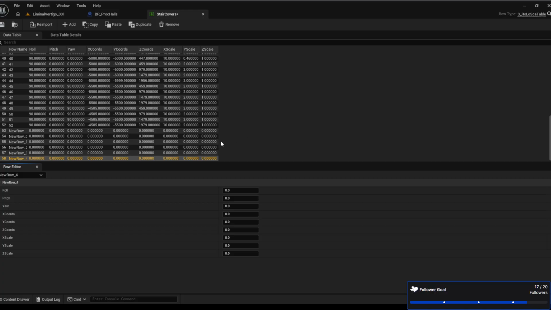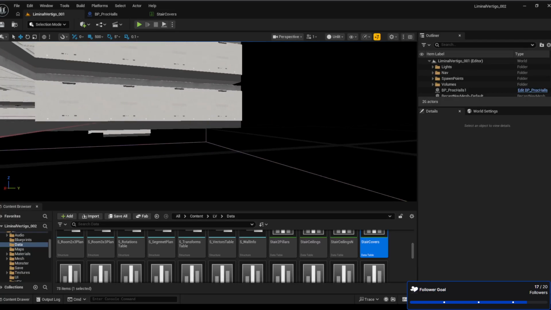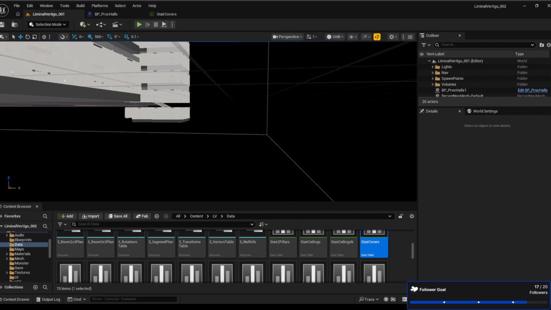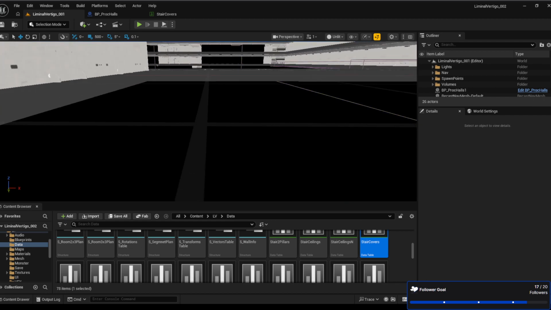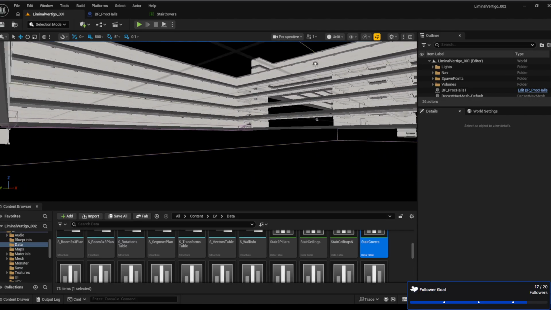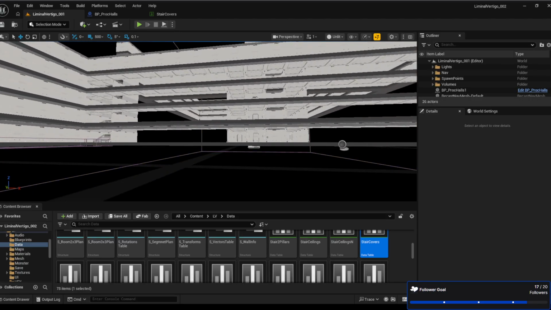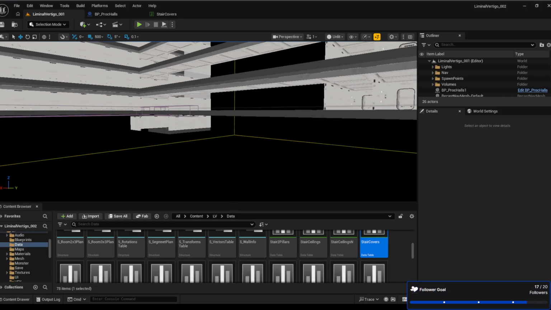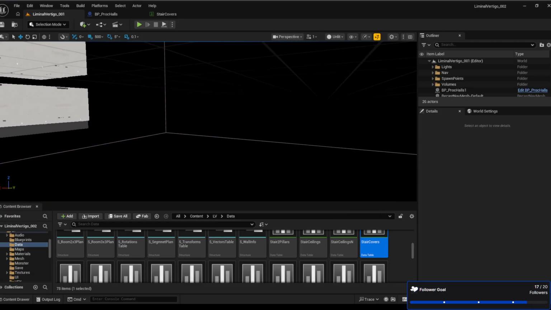And save. The numbers we are looking for to put those covers are